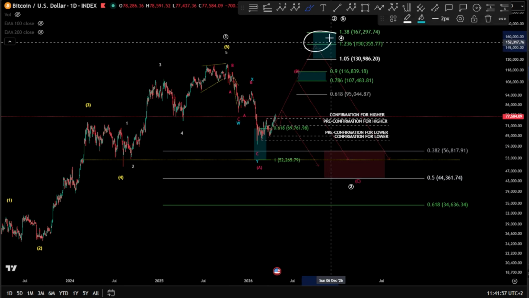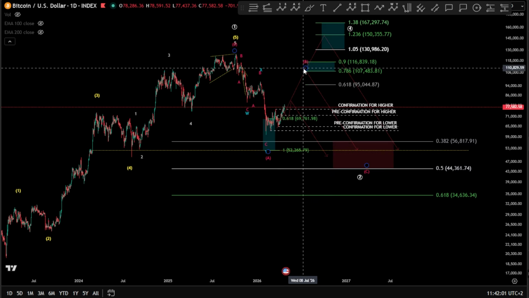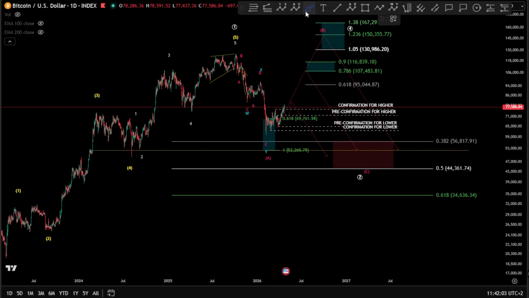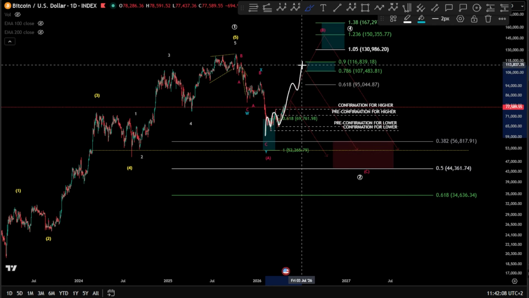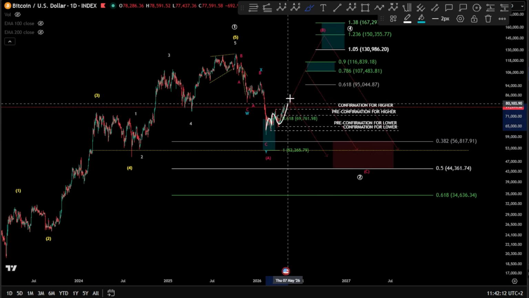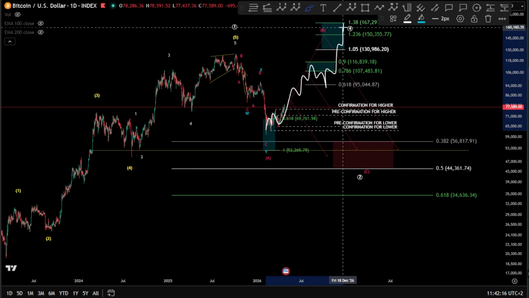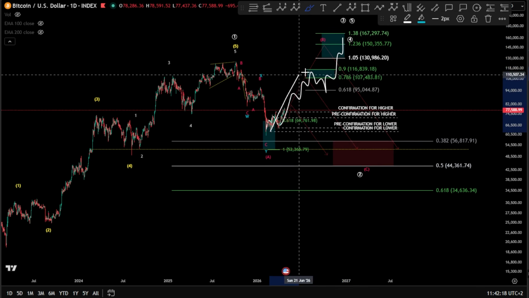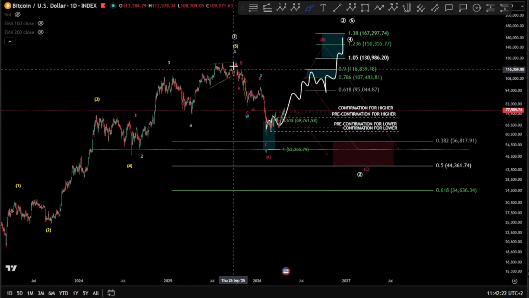Another probability can be a larger wave B, which is an expanding flat here, wave B over there, and that means it's going to turn this into double 1, 2, wave 3, 4, and a 5, and then having a wave B, 1 2, 1 2, wave 3 4 5 4 5, and then having wave B, and then 1 2 3 4 5 again to finish a larger ABC zigzag toward the upside, hitting the perfect fib levels for a wave